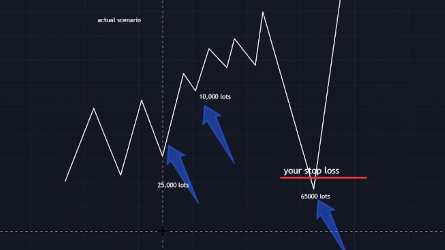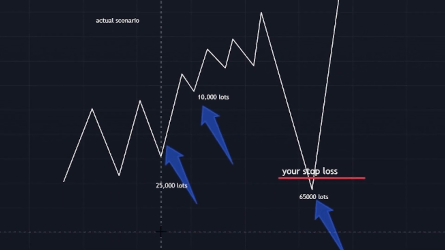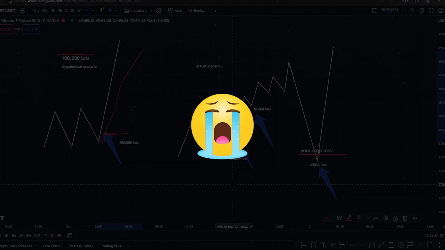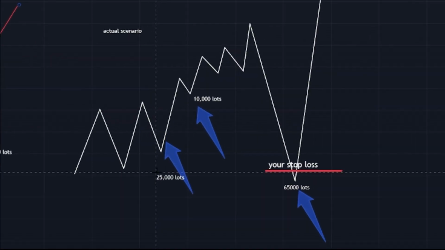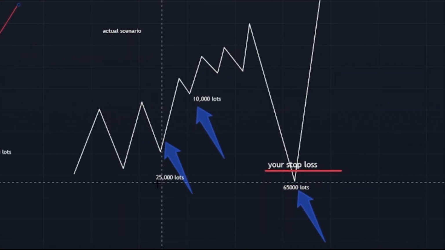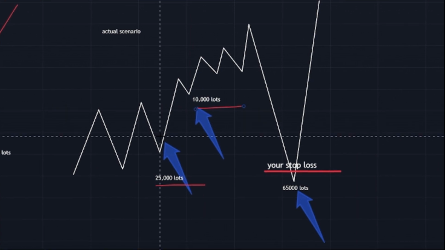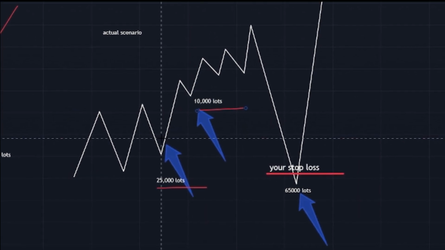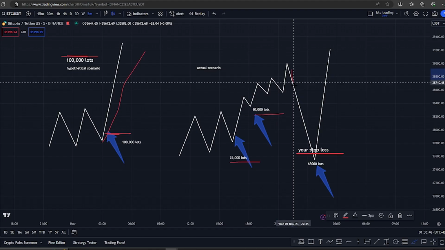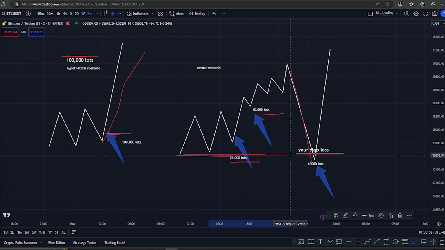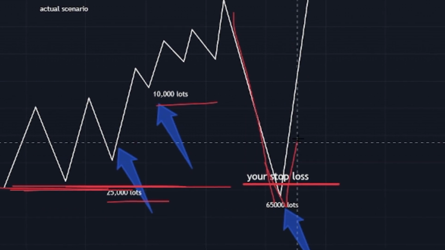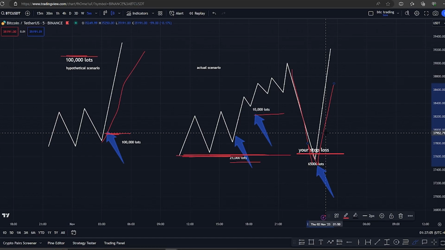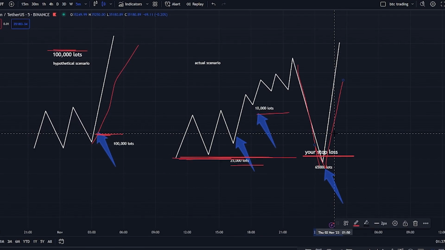Instead, what they do is that they take orders in bunches and execute most of the lot sizes when stop losses of retail traders like me and you get hit. So let's look at an example. Suppose a market institution has to buy 100,000 lots, so he will buy 25,000 here, 10,000 here. Now he has remaining 65,000 lots to buy. What he will do is he will push the price down, take these stops out. This will be the area where our stop losses will be present. When he takes our stop losses, this will generate enough liquidity to fulfill the remaining 65,000 lots, and this is how they fulfill their 100,000 lot size orders.